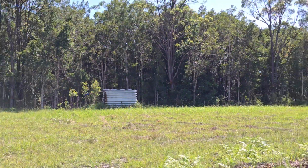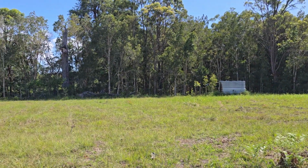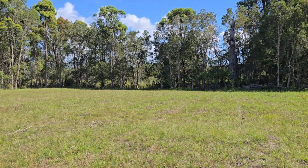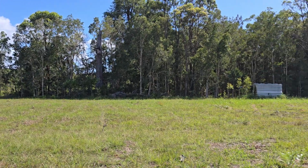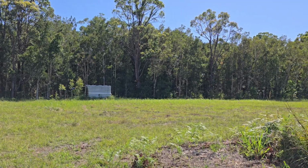Just going to zoom out a bit more, pan back slightly. So all these trees will be staying. Beautiful buffer, and we're going to curl around